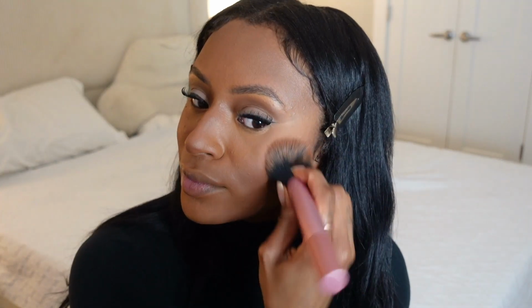Now we're gonna go back in with She's Chiseled and this fun, okay, I'm acting crazy, this fun brush from Real Techniques, and I'm just gonna pat. And then just